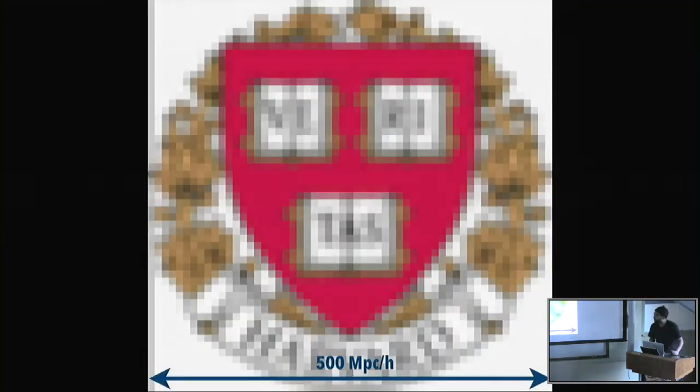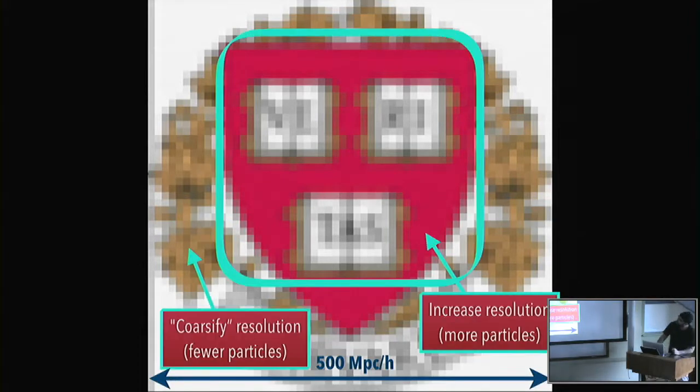So the technique you adopt is the following, which I try to very simplistically demonstrate here. Supposing we run a simulation of a 500 megaparsec volume that we've resolved at some resolution, and this is what the large-scale structure looks like. We say, okay, this is all well and good. Now let's focus on the region that we're interested in, say something in the middle, and resolve that at higher resolution. So we pick a region of interest, and we increase the resolution in the middle, where we want it, and coarsen the resolution outside. So you still sample the same density field overall, but you get better resolution where you need it.